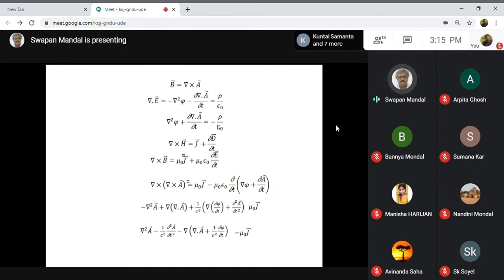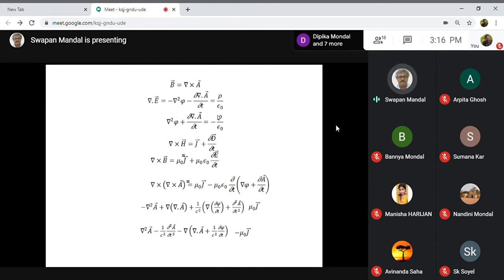So perhaps you have followed that instead of field, I have written the Maxwell's equation in terms of scalar and vector potential. So scalar and vector potentials are more fundamental for me, because it is convenient as well. Because within a few minutes you will find that vector potential and scalar potential are very fundamental as well as very important.